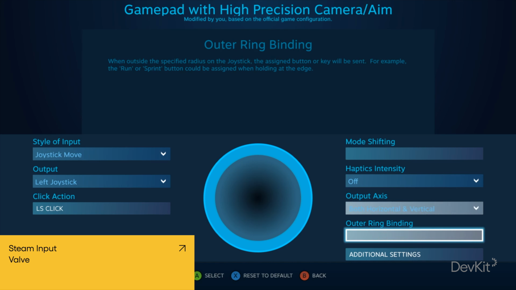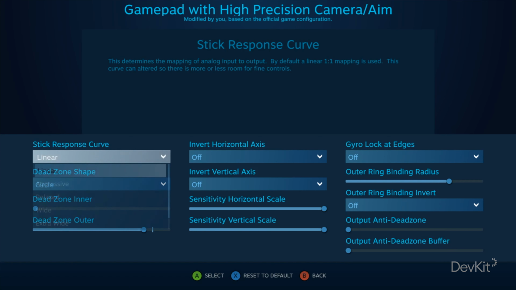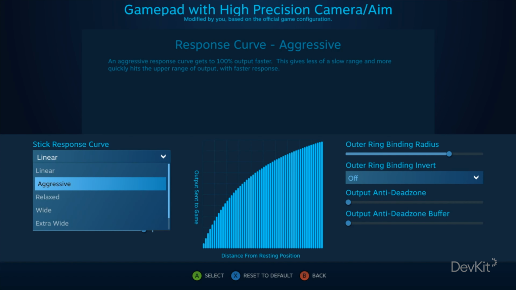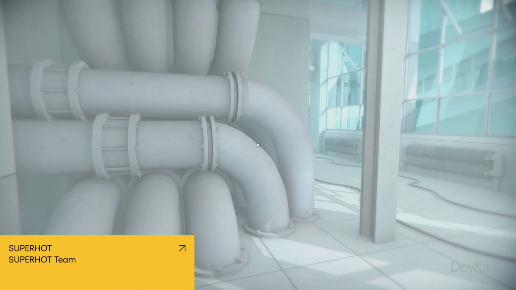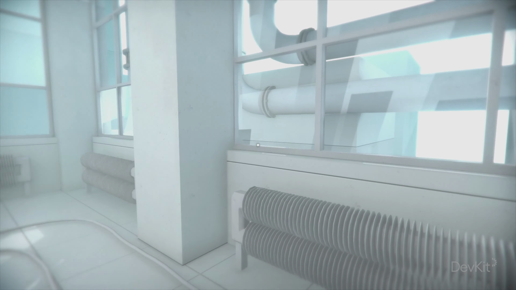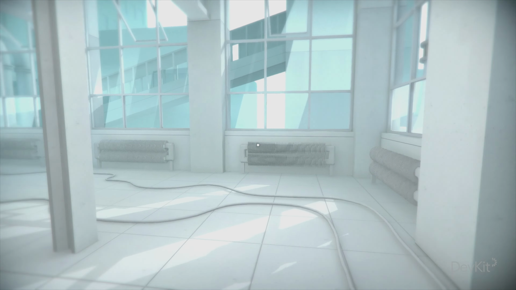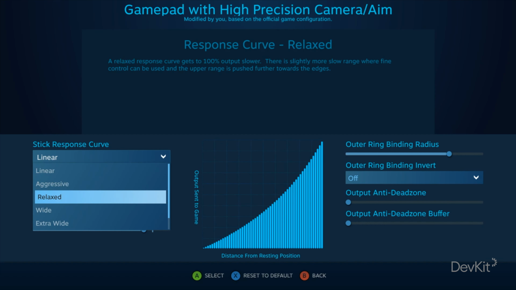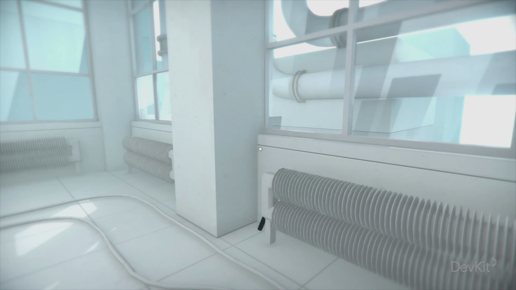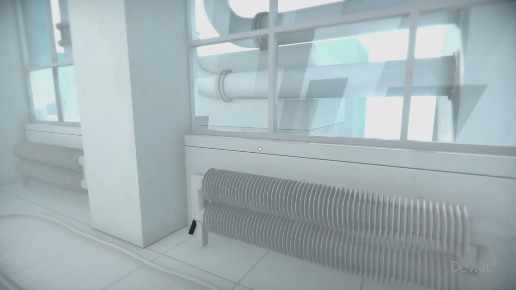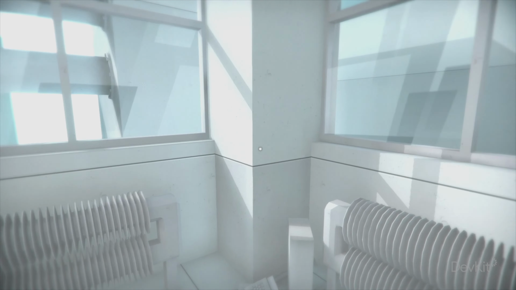Steam Input Controller settings, for example, will allow you to choose from several presets when using a gamepad. Choosing the aggressive option will result in the action responding very quickly as you initially move the stick, with the action becoming less sensitive after you pass a certain point on the curve. Setting it to relaxed will produce the opposite effect, where it will respond more slowly initially, but the action will increase in value very quickly after the stick reaches a certain point.